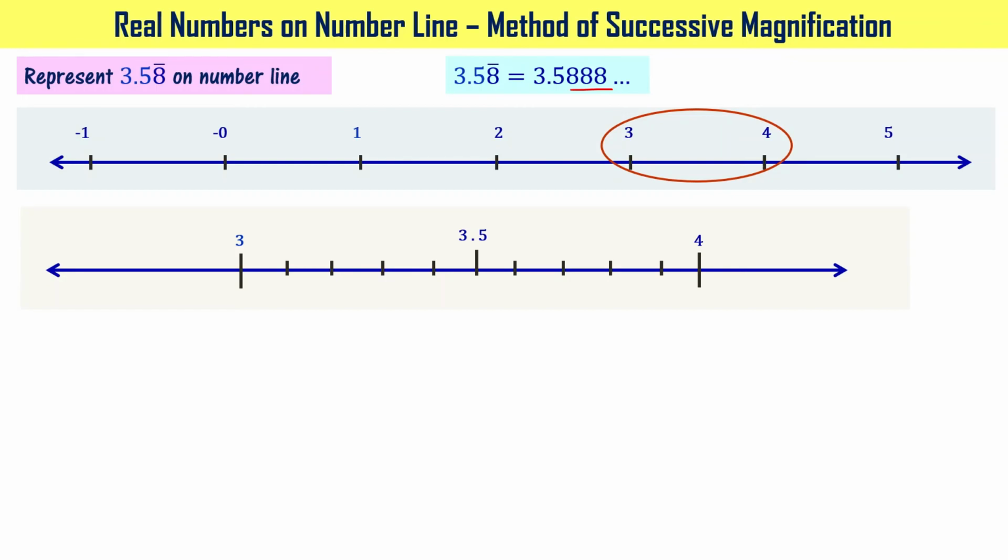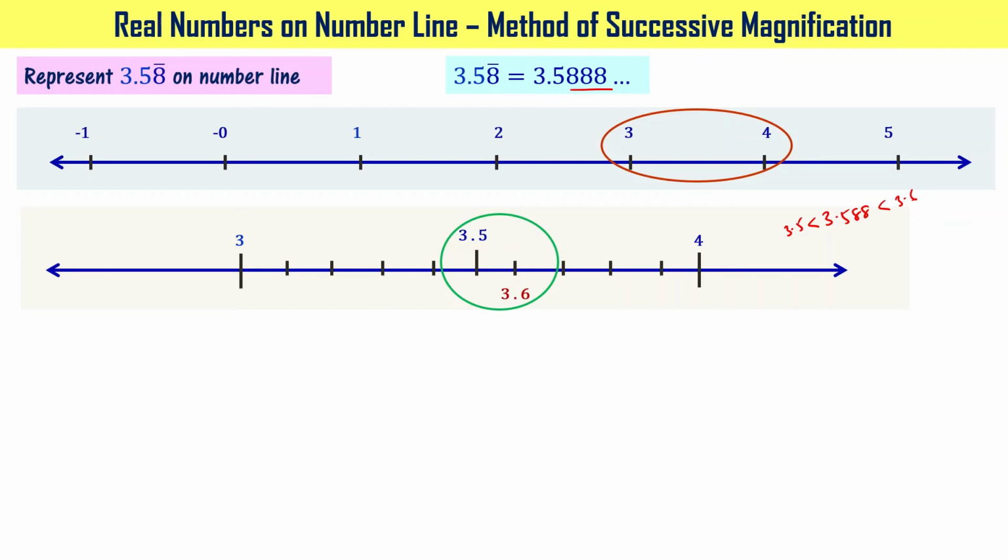Look at this. Now you have 3.588 and so on, right? This is greater than 3.5 and smaller than 3.6, right? Now let me mark 3.6. So we have to zoom the portion between 3.5 and 3.6,